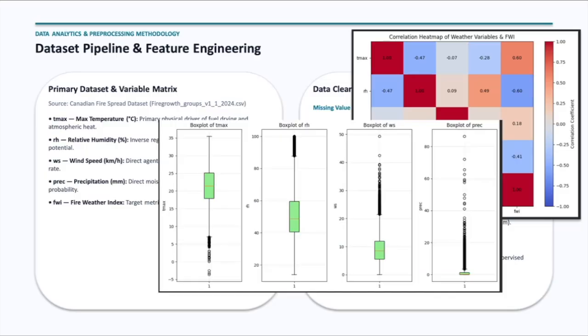Next, moving to the box plots, these charts show how our data values are spread out across each weather metric and help us spot any unusual extreme weather days. The central box shows where the middle 50% of the daily data falls. The line inside is the median, and the dots outside the whiskers represent extreme outlier days. So the box plot shows that while most summer days fall into a normal temperature and humidity range, there are distinct outlier days with unusually high wind speeds and spikes in temperature. Spotting these outliers is critical because severe wildfires don't happen on average weather days. They are triggered by these exact extreme weather spikes.